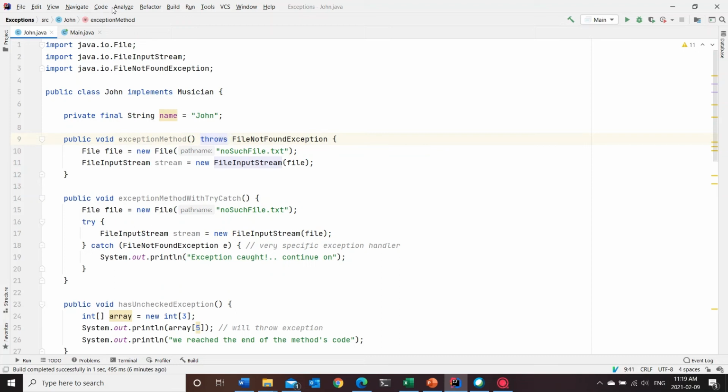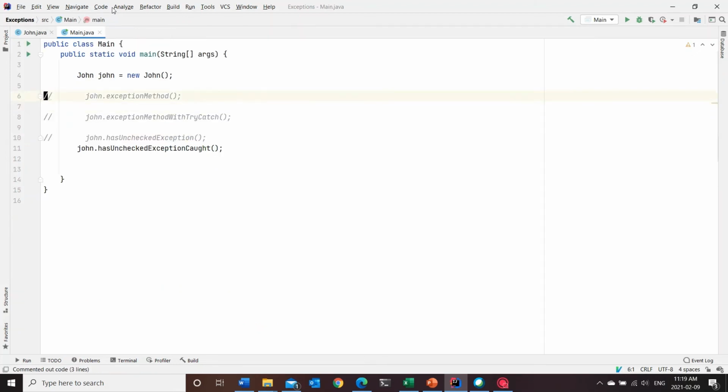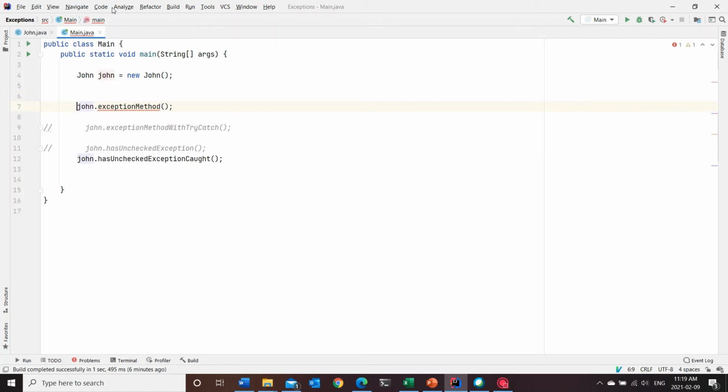And the next person in this case would be the method up the call stack, essentially the method that called this method. I have it here in my main method. It's calling the exception method here, and if we uncomment this out, we'll see that there's a red line here. If you guess the reason is because it throws an exception and we're not handling it, then you would be correct. We could wrap this in a